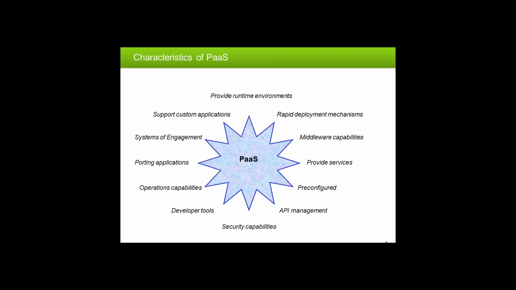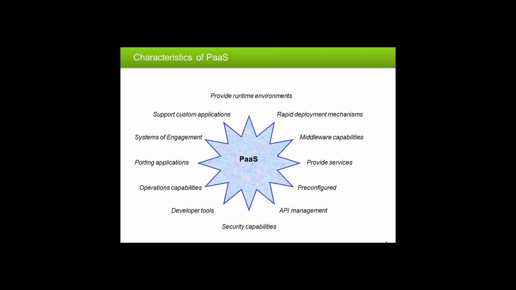Next, we have the middleware capabilities. We said in the first overview diagram that one of the important features of a PaaS is to provide the various middleware stacks that your application code is going to depend on. You don't have to install them, you don't have to run them. They are provided by the PaaS environment itself. And of course, there may be different forms of middleware that you may want to use, whether it's an application server or some messaging infrastructure, whatever it is. Those various facilities are usually there in the PaaS environment.